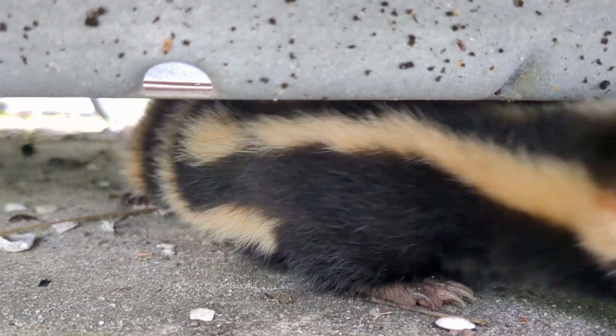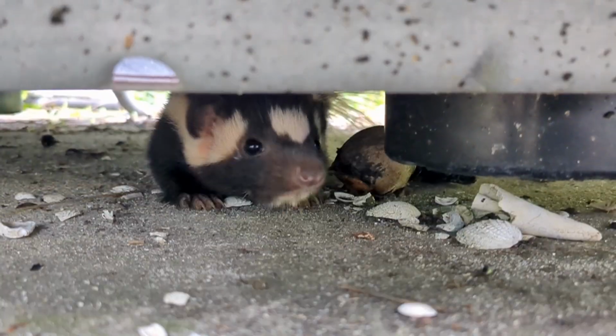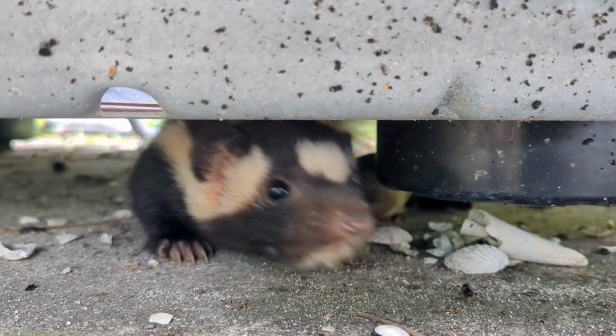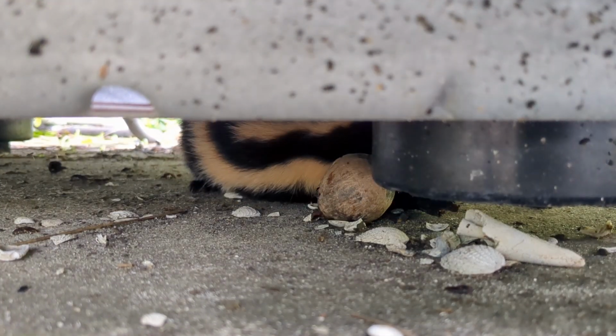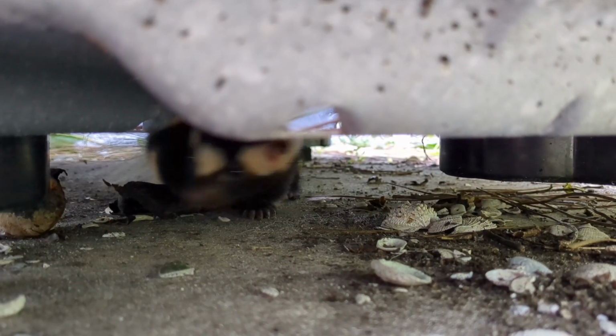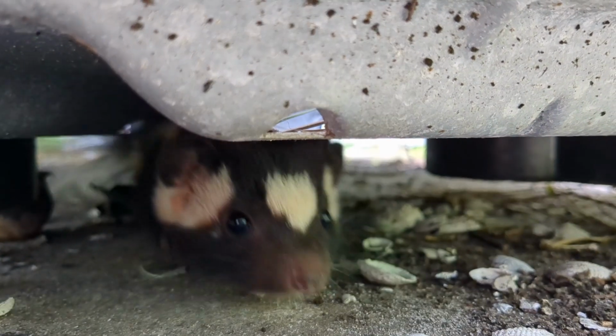But we coexist with them, and so I hope you've been enjoying watching this little guy go in and out under my air conditioning unit. I've been doing a voiceover for this section here, so you're not hearing his or her little tippy tappies, but